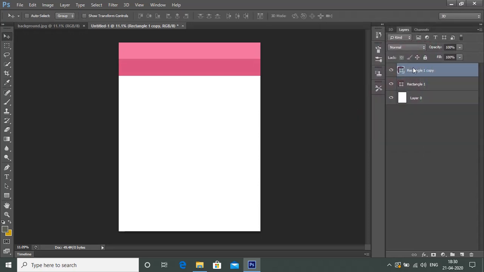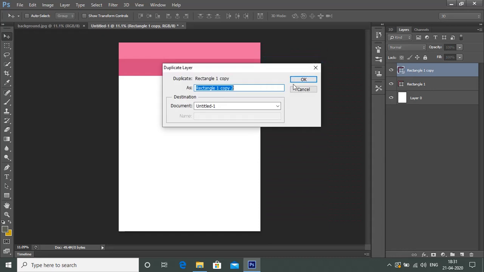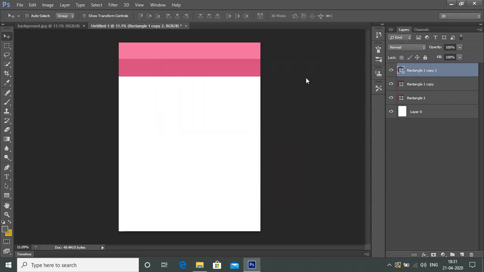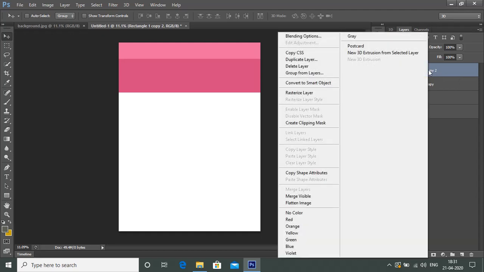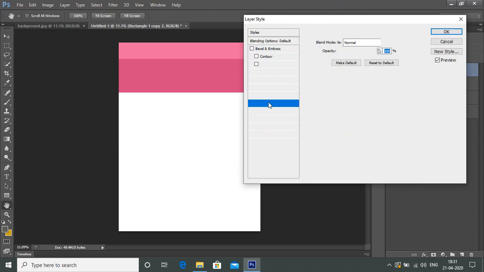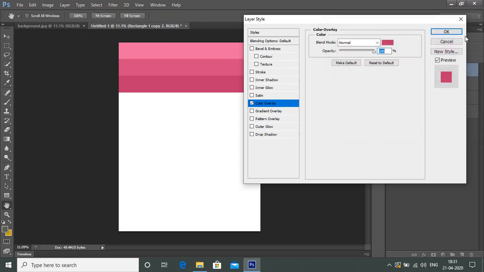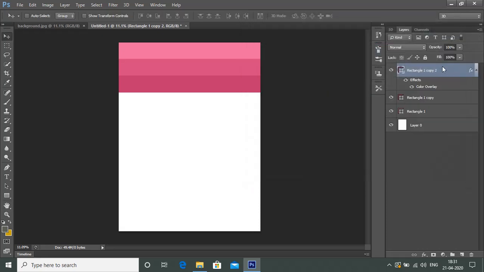Okay, another way of duplicating your layer is right click and you'll have the option of duplicate layer and press OK. So this layer is now duplicated and it is being dragged downwards. Now I'm going to change its color, giving you another way of changing the color. Right click and choose blending options. A number of options will appear and you have to choose color overlay from that, and color picker will be there, so you can choose a little bit darker shade of the color that you are already using.